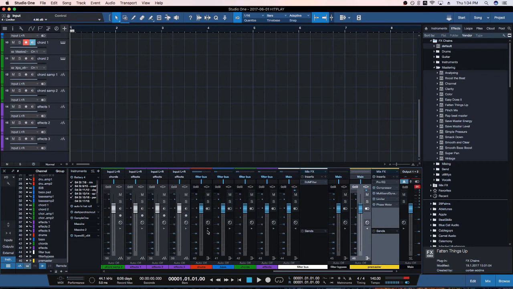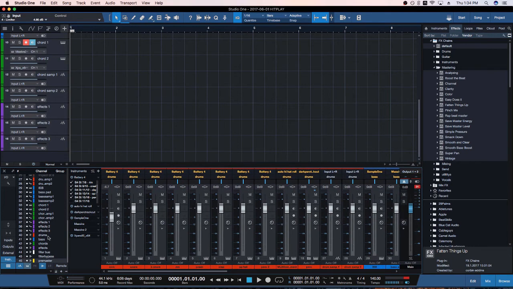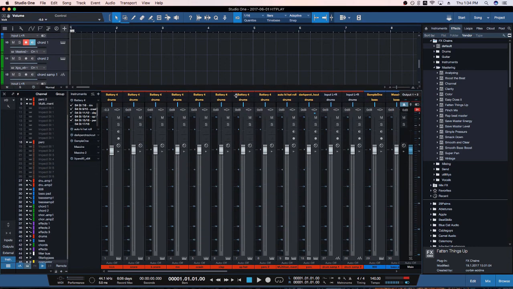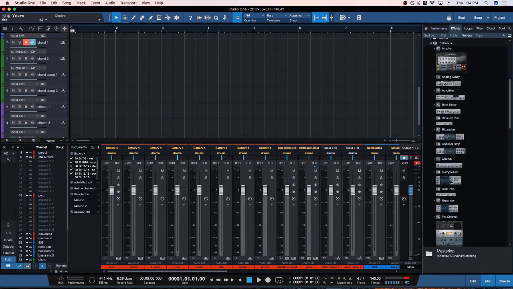You can go ahead and make synth effects channels and other stuff like that, but this is basically your template in a nutshell. Some other things that I like to do is I like to put a gain tool of some sort on